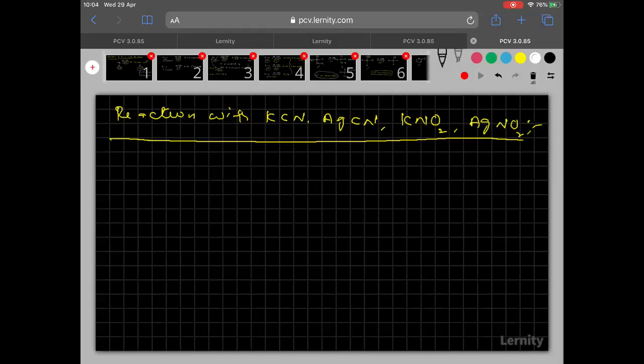Okay, then here the product formed is RCN plus KX. So what is the name of RCN? Alkyl cyanide we can call it. RCN is alkyl cyanide. Now we are going to find out which mechanism this reaction follows and why. Clear everyone? So see clearly now, the KCN structure is this one.